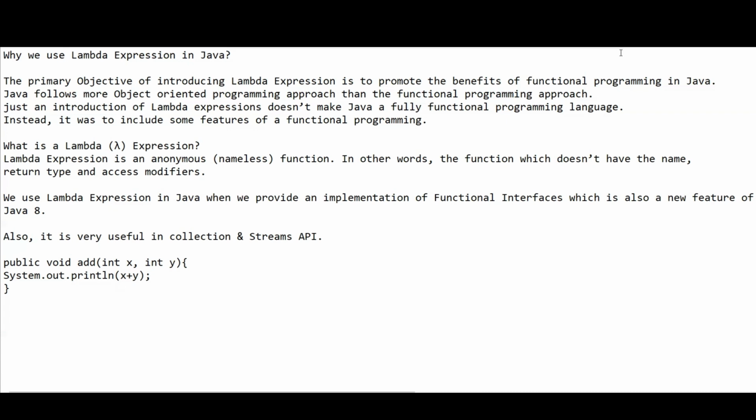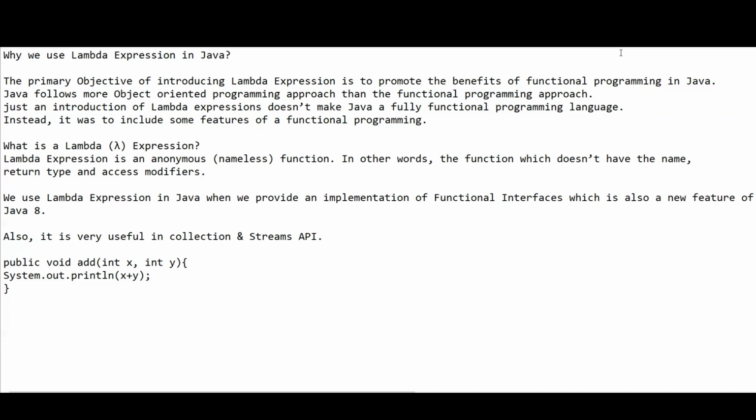But they introduced a lot more functional interfaces as part of Java 8, which we will cover in detail in a separate video. Apart from functional interfaces, Lambda expressions are widely used with collection objects as well as